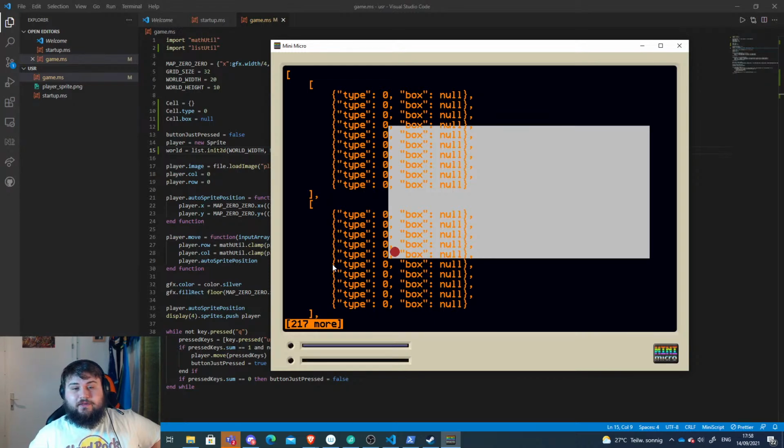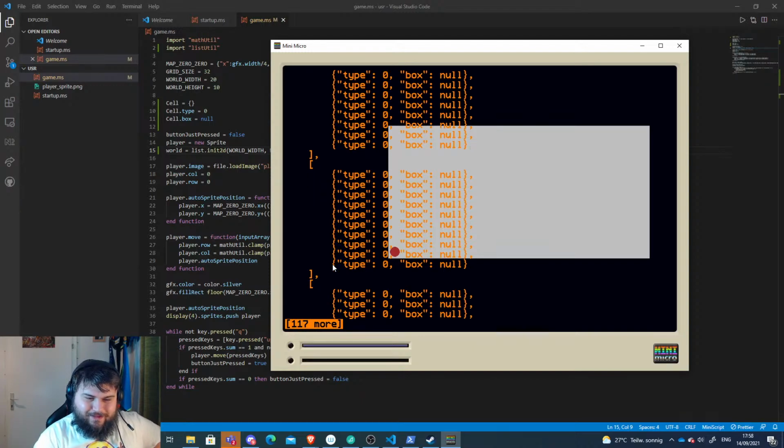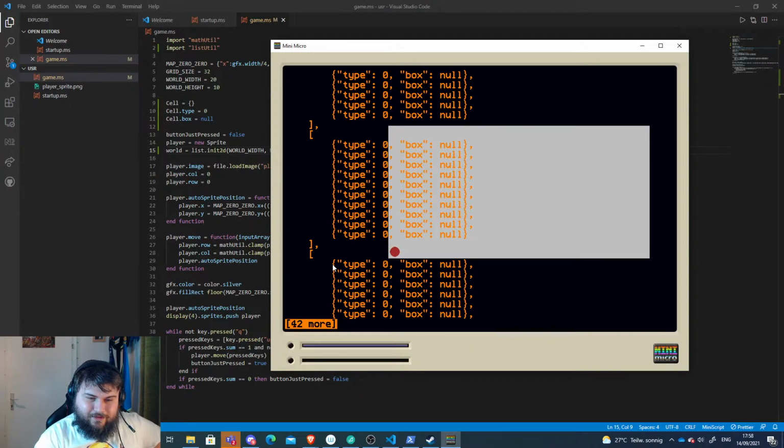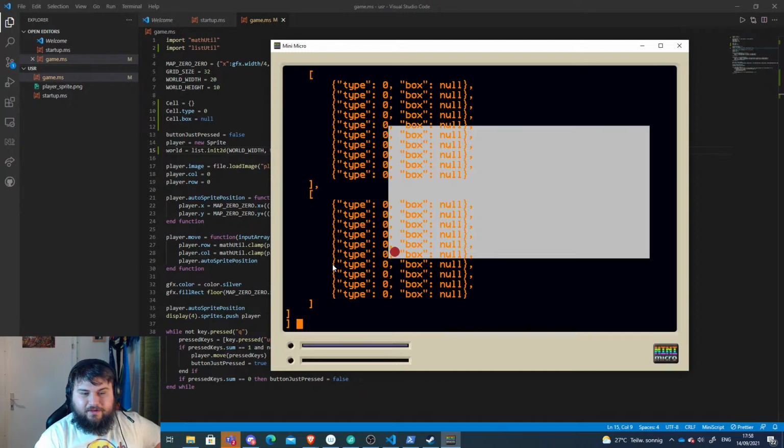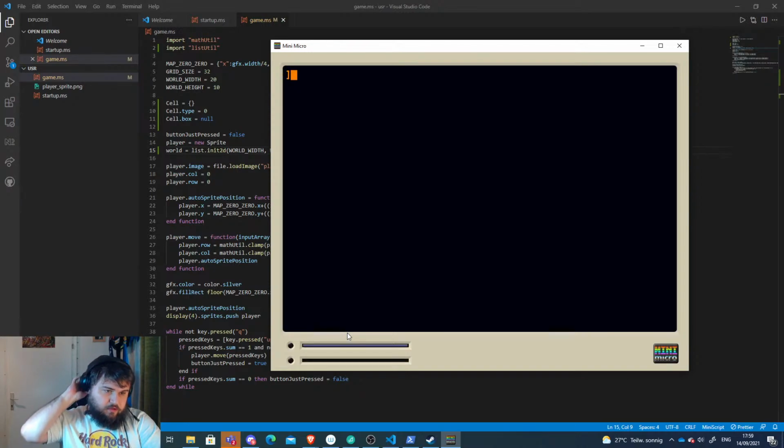Thank you for implementing the pretty print function. It's great. I'm a big fan. Okay, so that seems to have worked. Now,